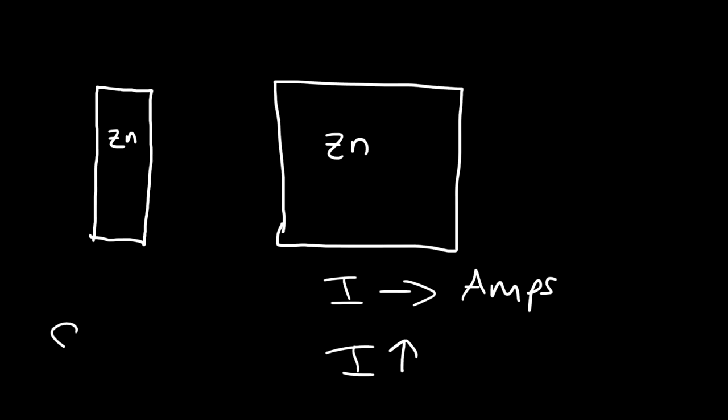So the goal is to increase the surface area of the electrode. If you can do that, then you can increase the interface between the electrode and the solution. So the greater the contact area between the electrode and the solution is, the more current that can be delivered by that battery. So that's how you can increase the current of a battery, is by increasing the surface area of the electrode. Now let's say if you have two batteries. If you connect them in series, you can increase the voltage. But if you have two separate batteries, and if you connect them parallel to each other, you can increase the